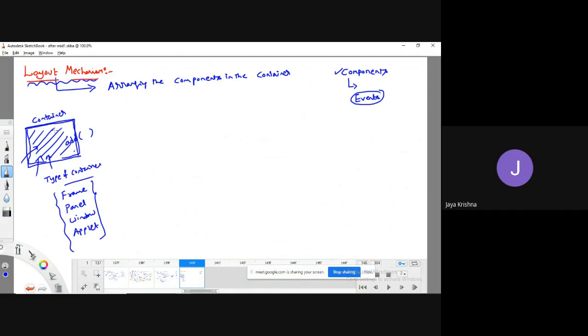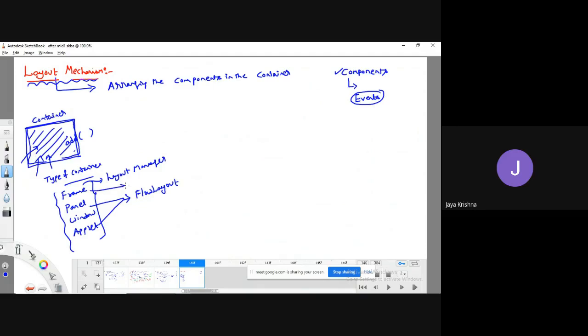Generally, depending upon the type of container, it has its own layout manager. Like, for example, let me take a panel and an applet. A panel and an applet have their own layout manager, and it will follow a mechanism called flow layout mechanism.